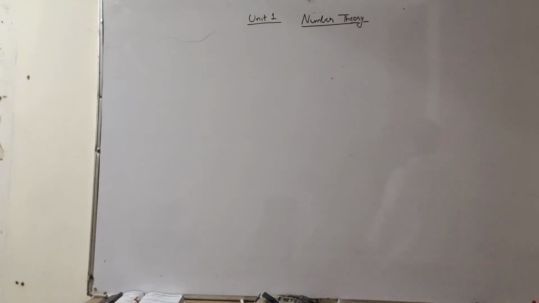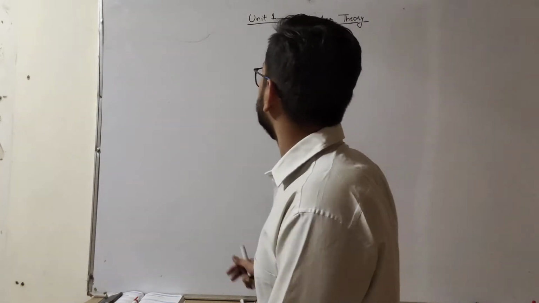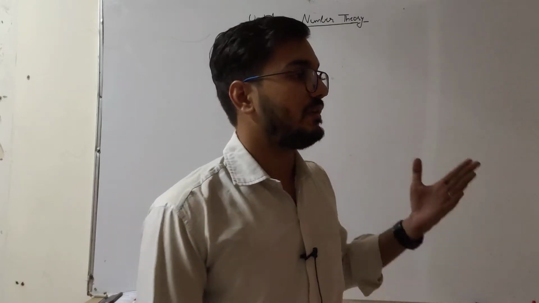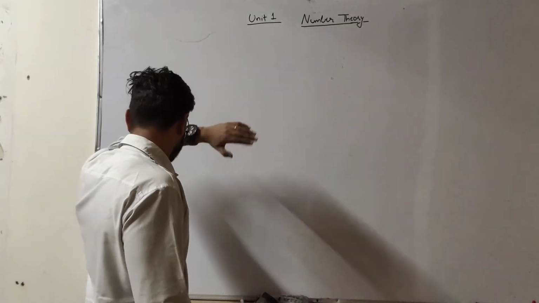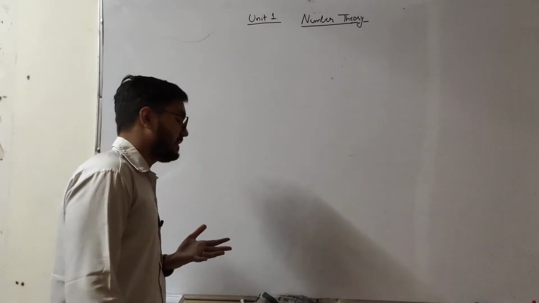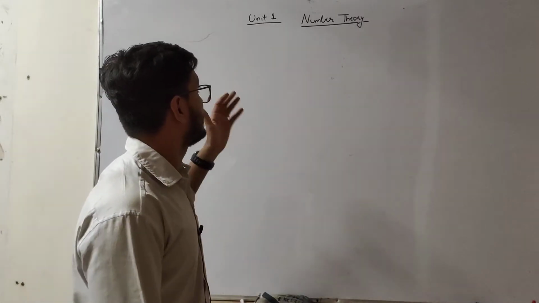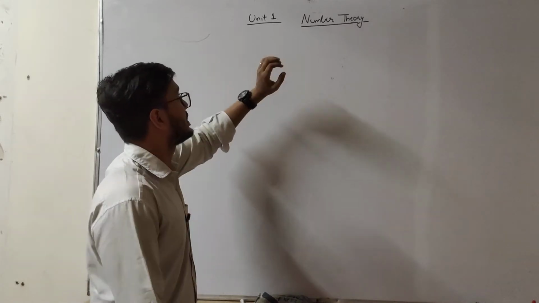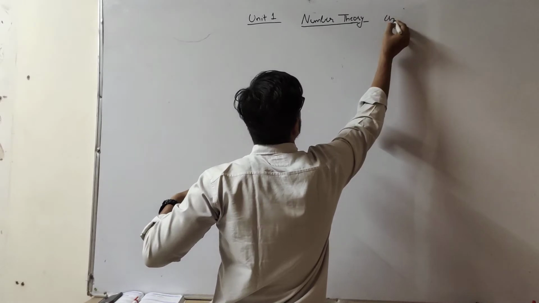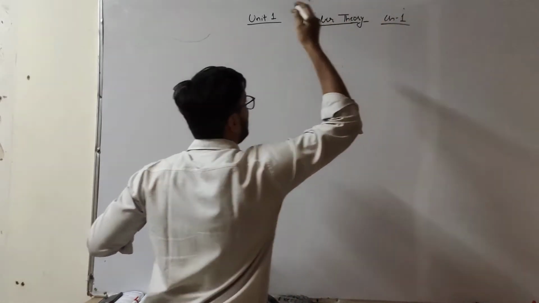So in this video we will talk about unit 1. Unit 1 of applied maths is number quantification and numerical applications, and firstly we will talk about chapter 1 of unit 1, which is number theory.